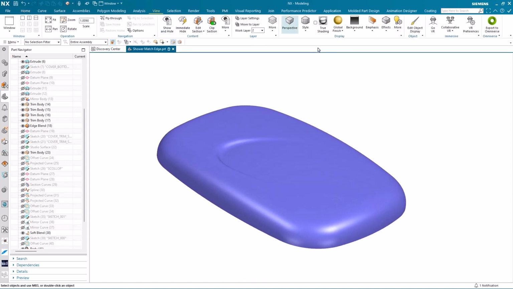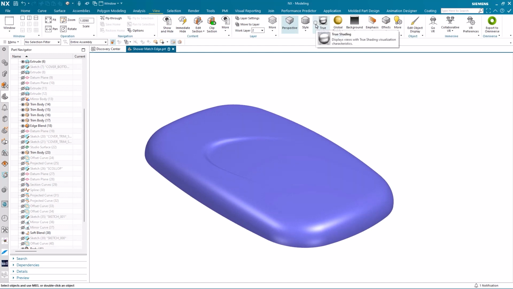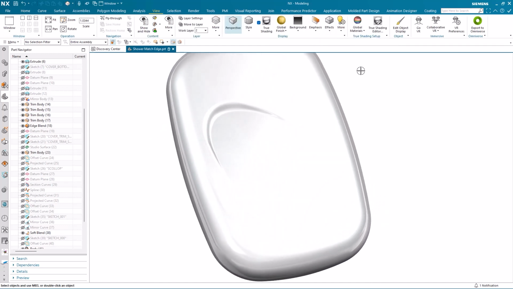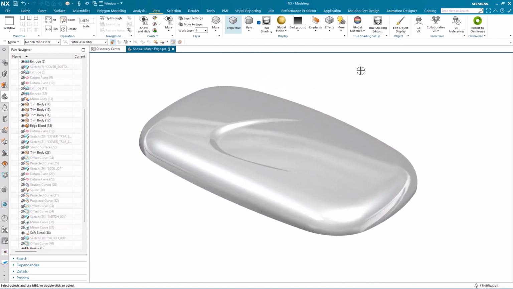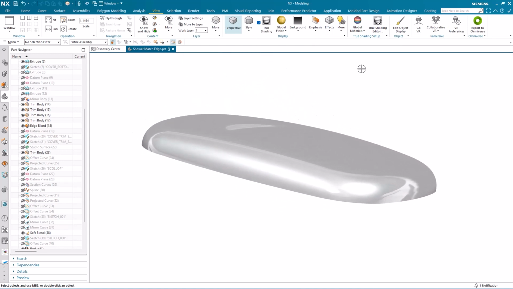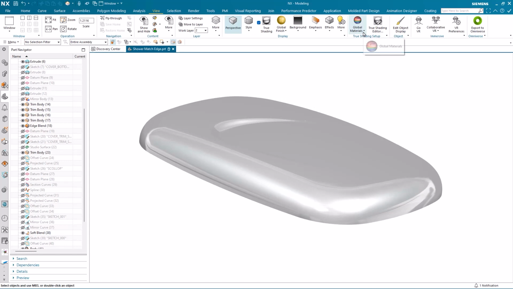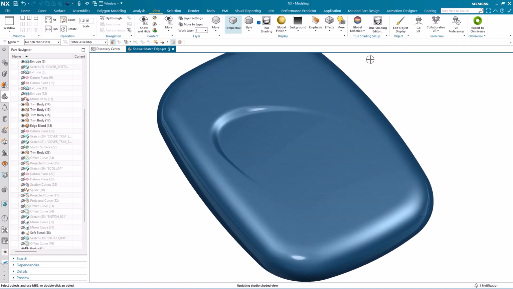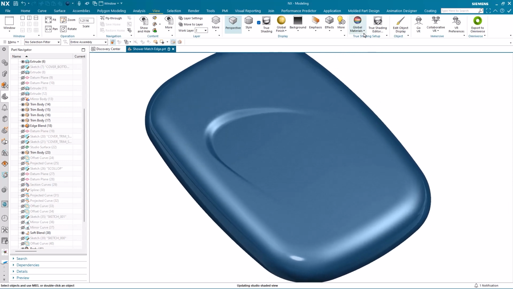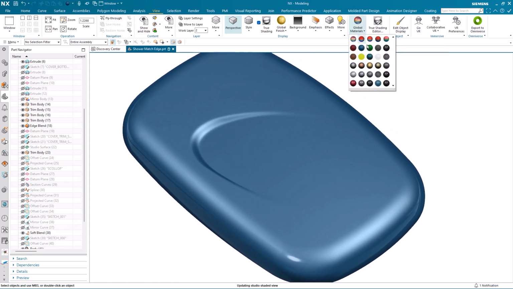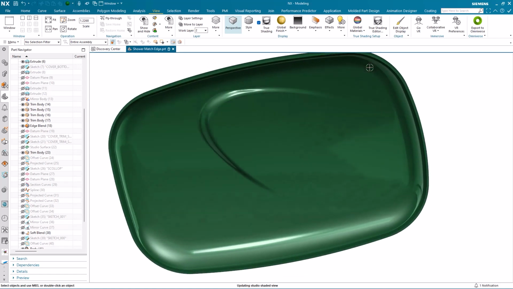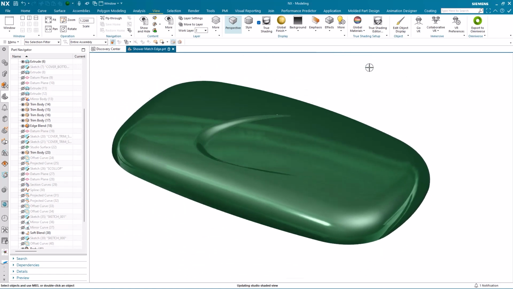Finally, let's take a look at the shower cover with three different glossy plastic materials. We'll start off with a more traditional white before we move on to a blue color, and then finally a green. And again, you can see visually how smooth that transition is between the scallop and the rest of the shower cover.